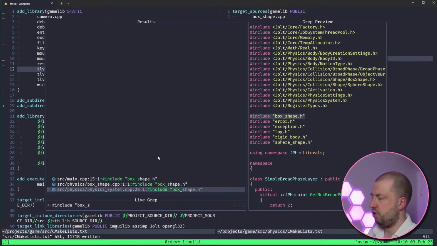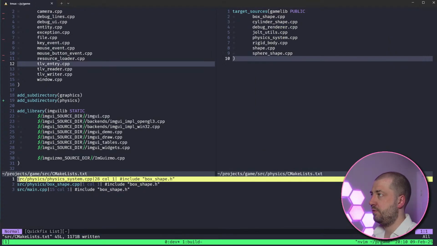If you do Control Q, okay, bear with me, it puts them into a little quick fix list, and then you can do cdo, whatever you want to call it, and that will apply a command to each of those subselections. So then we can say box shape should be something like